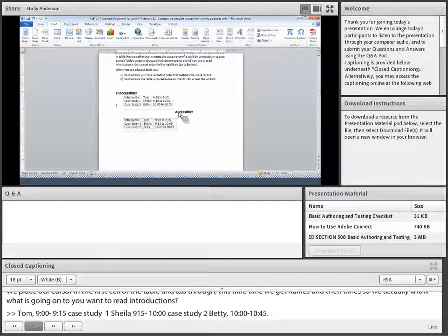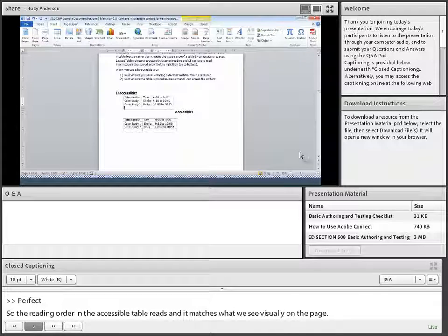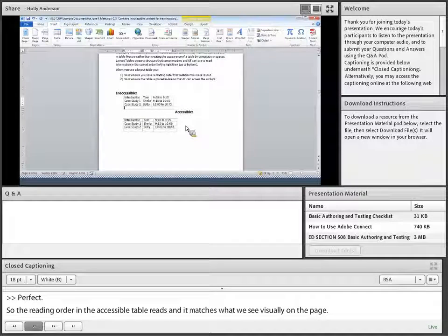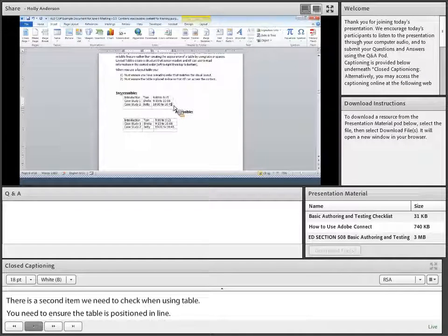There's a second item we need to check when we're using tables. We need to ensure that the table is positioned in line. That means in the context of the larger document, it's going to be read in order. So we're going to go from the paragraph that came before the table, then to the next paragraph. To check whether or not the table's in line, we can select the table,